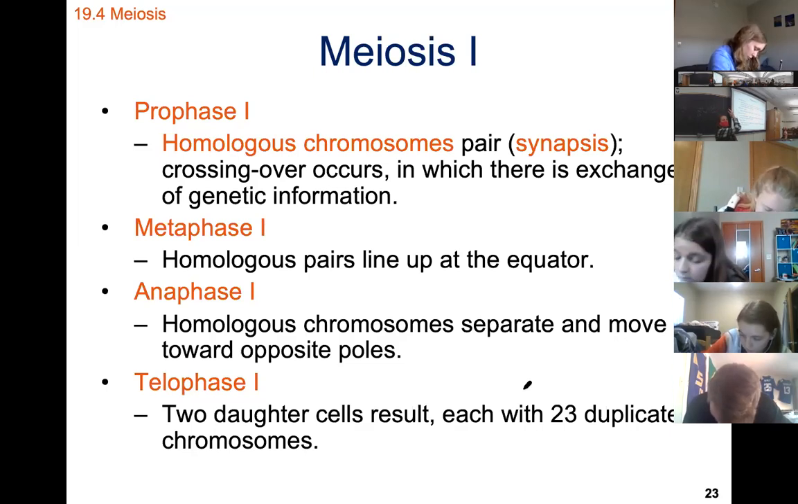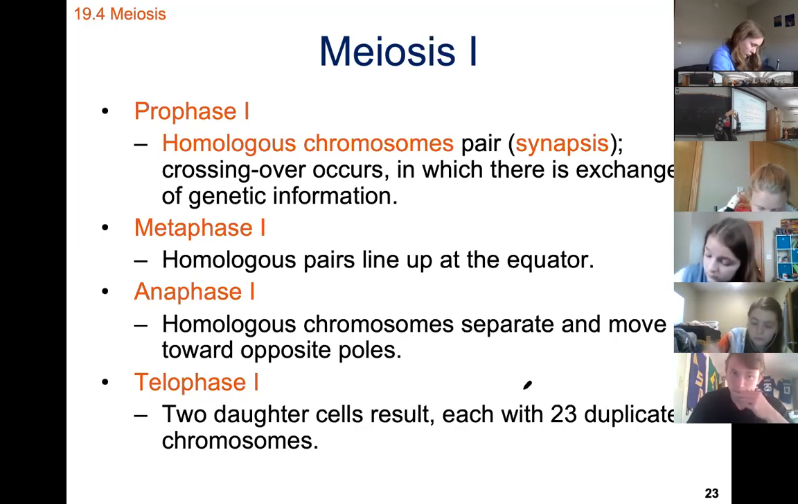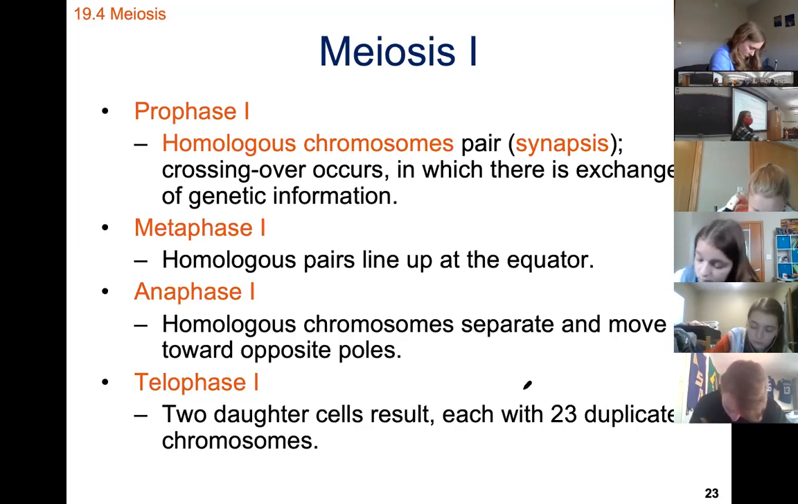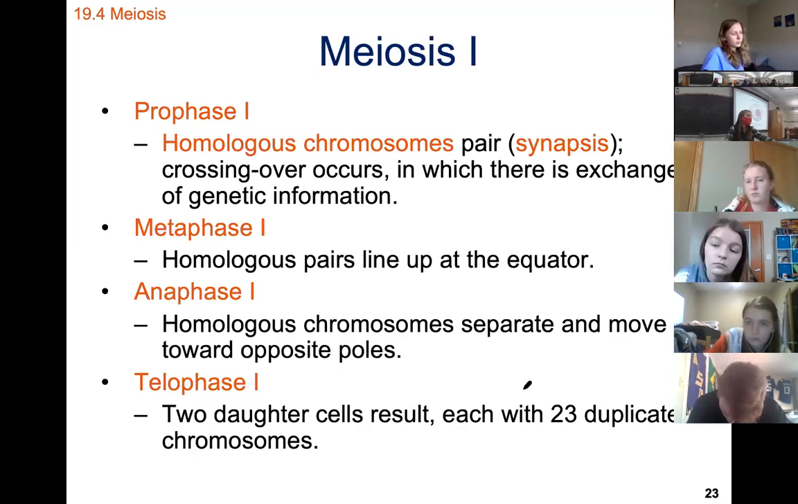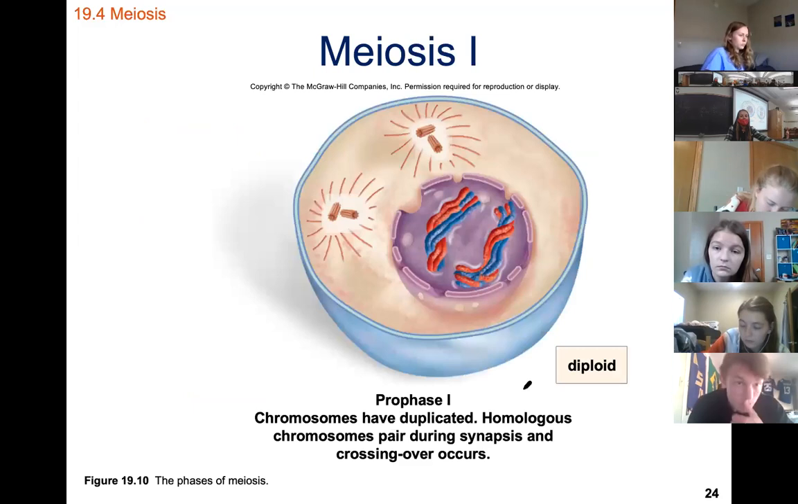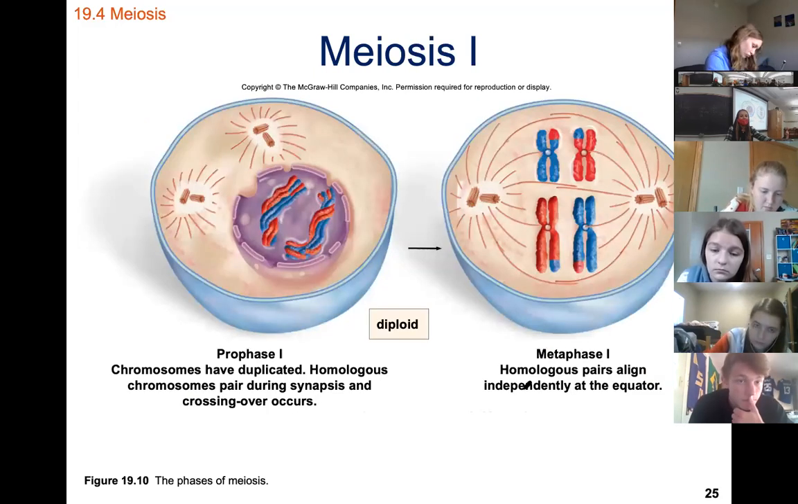They line up in the middle, those chromosomes. Then you have them where they start to separate and move towards the opposite poles. Then we have two daughter cells that result in 23 duplicated chromosomes. So pretty much that's the same as mitosis. All right, but mitosis is not the goal here. Here's that prophase 1. It's where those chromosomes condense and become visible. Crossing over occurs. We'll talk about what crossing over means. Our goal here is then that we make